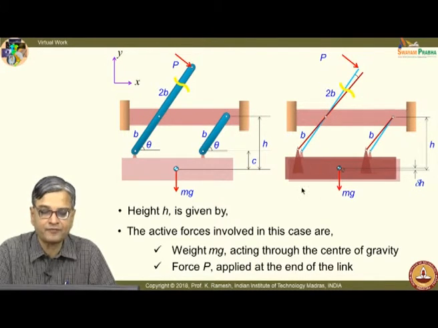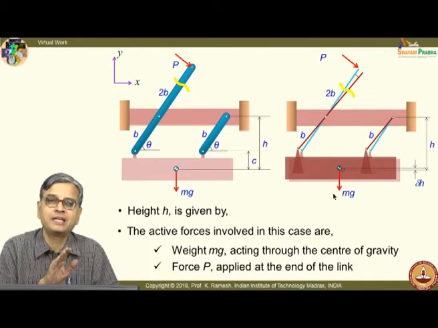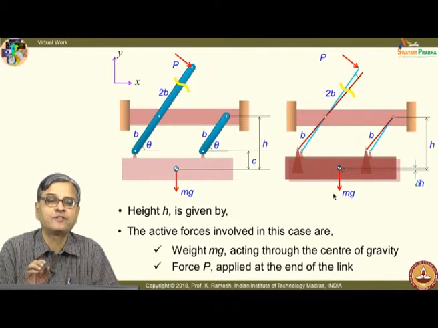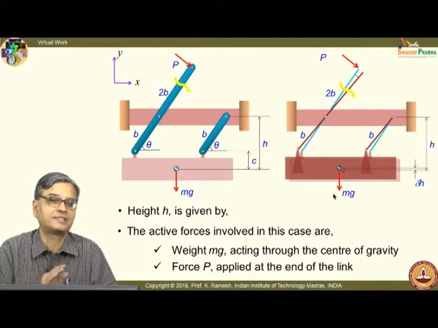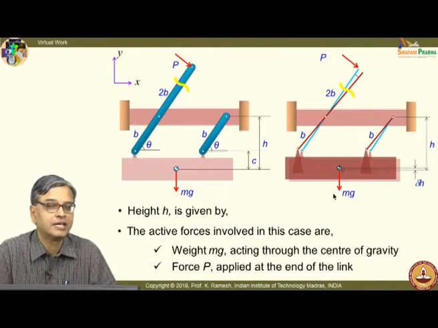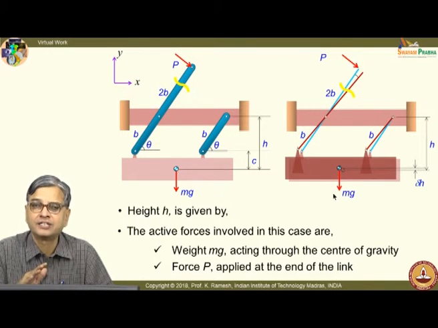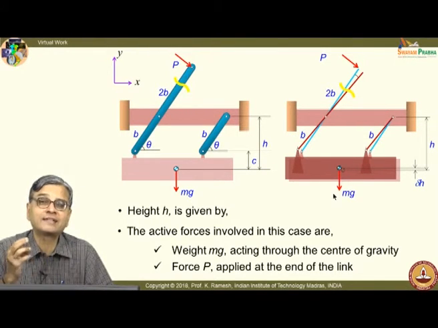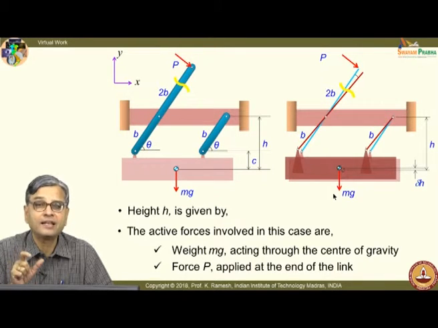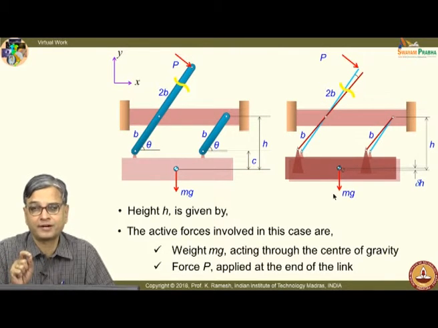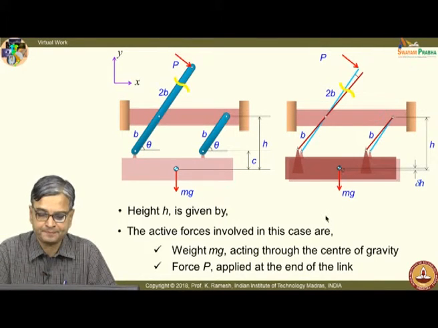So, I have the displaced configuration. When I put a force like this, I get this displaced, and the mass moves up. So, your sketch should be sufficiently neat to show the relative movements. If you do not draw a neat sketch, you can err even when you want to assign sign later while writing the expression delta W equal to 0. Sketch is very, very important. If you do not do the proper sketch, then you can mess up the whole thing.